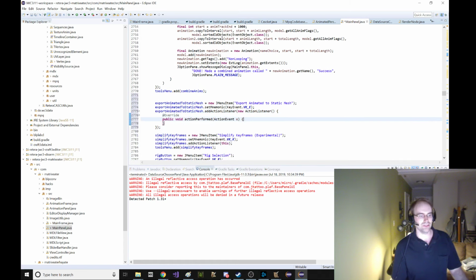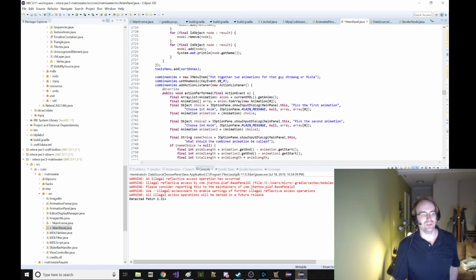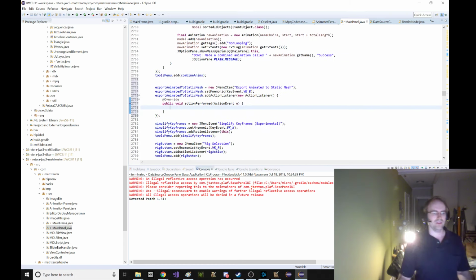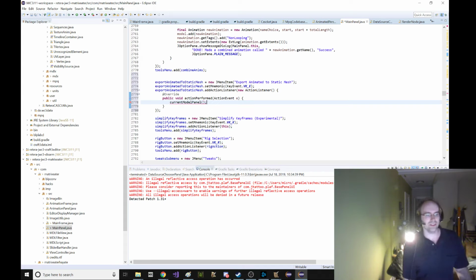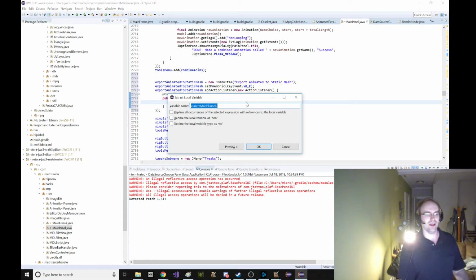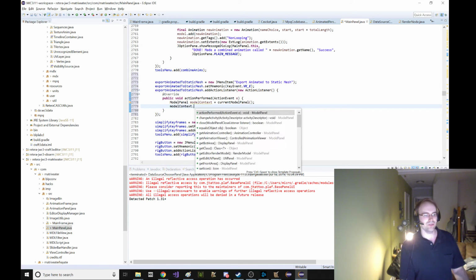Here's what the button's going to do when we click it. And this is where we need to get access to the current render model. So how do you do that? So we can get current model panel. It used to be separate panels. Now it's not. But it's basically like model context. It's like the information of that loaded model. And we can take this thing and we can say get